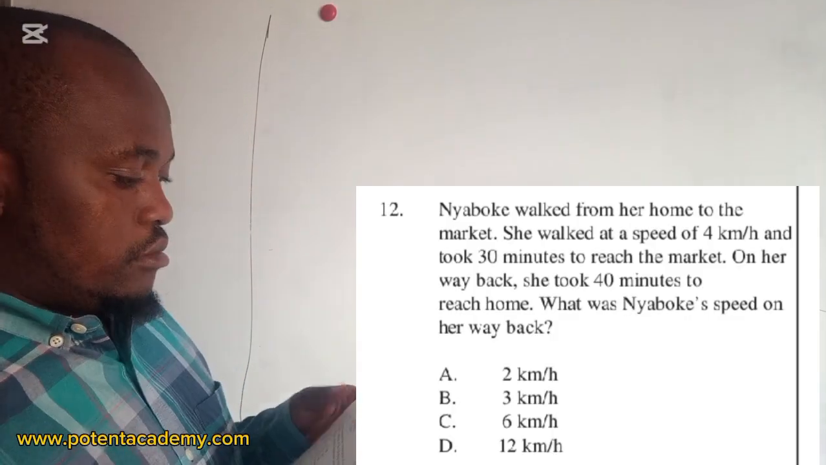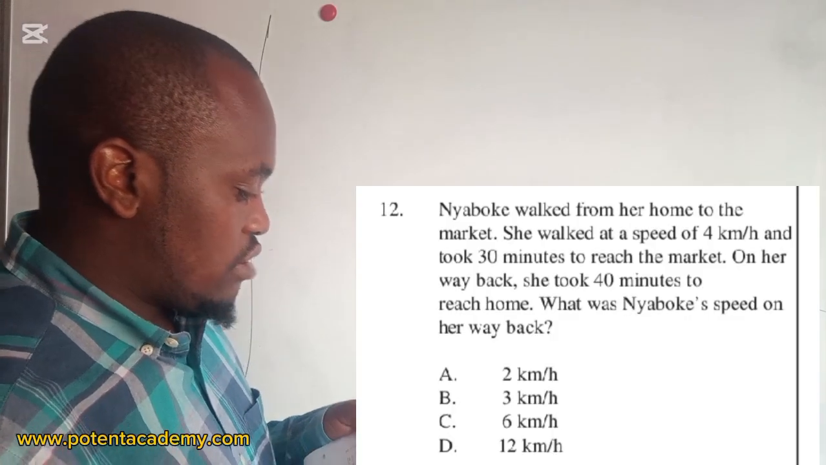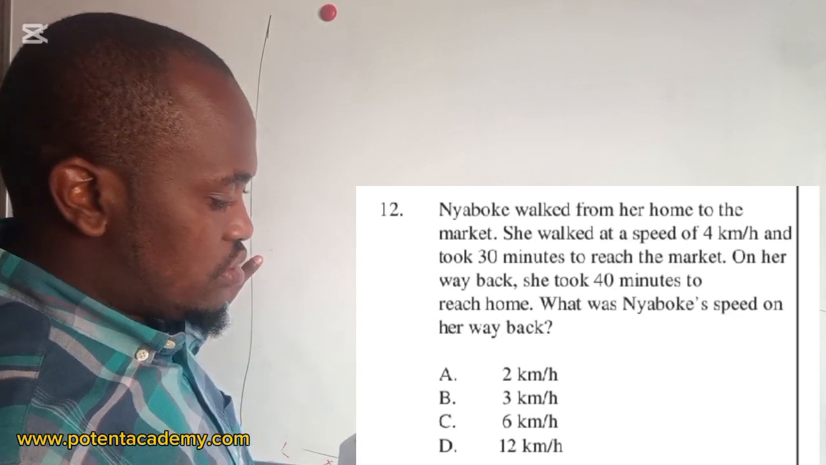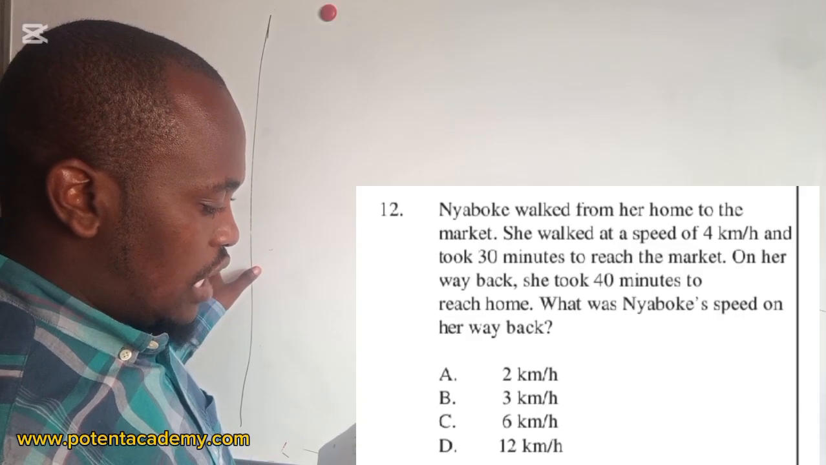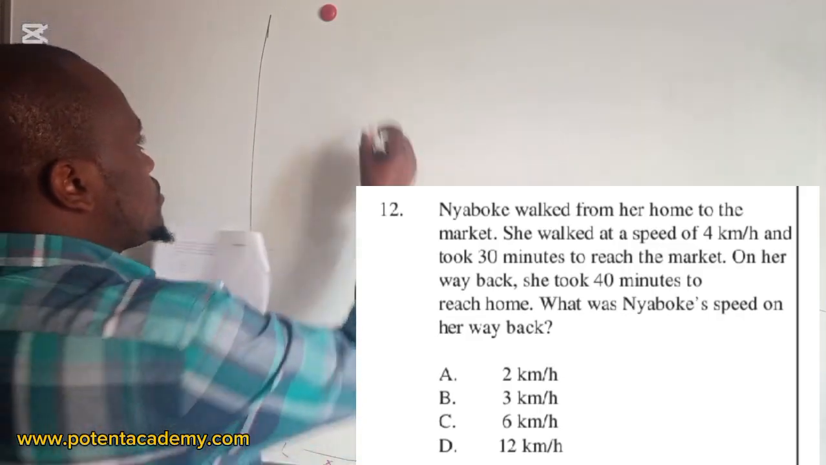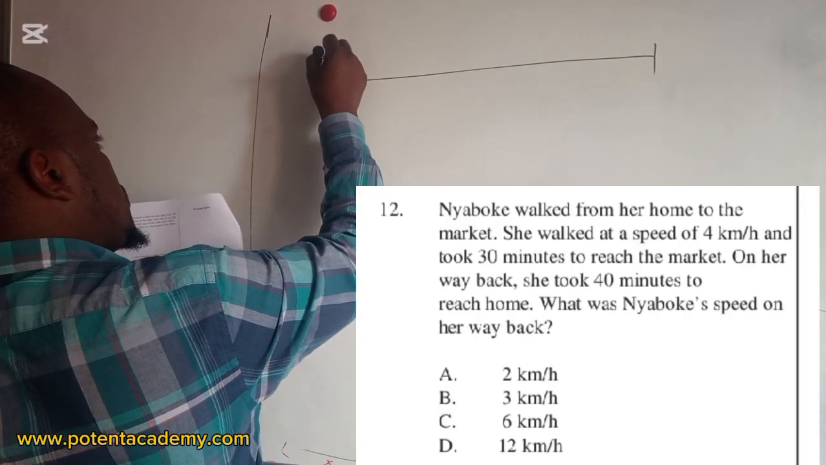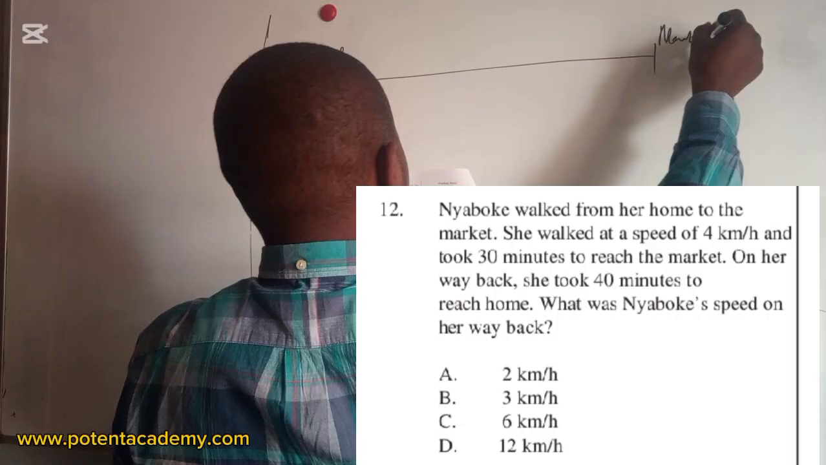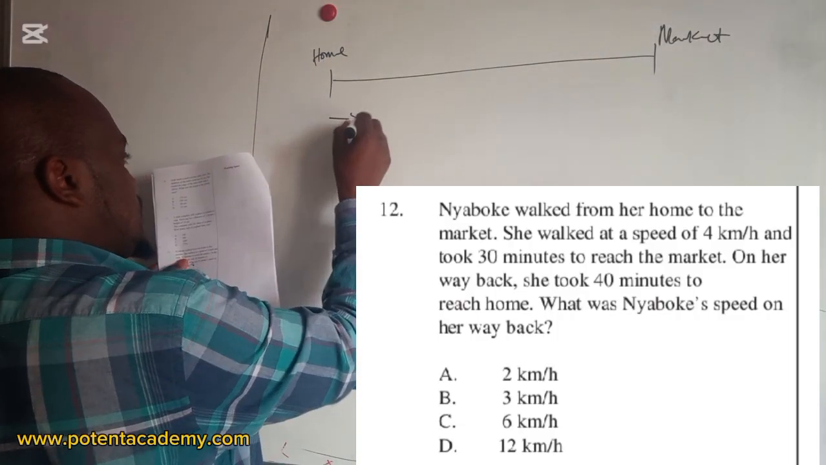Nyaboke walked from her home to the market. She walked at a speed of 4 kilometers per hour and took 30 minutes to reach the market. On her way back, she took 40 minutes to reach home. What was Nyaboke's speed on her way back? So we'll assume this is home, this is market. She walked at a speed, so going,